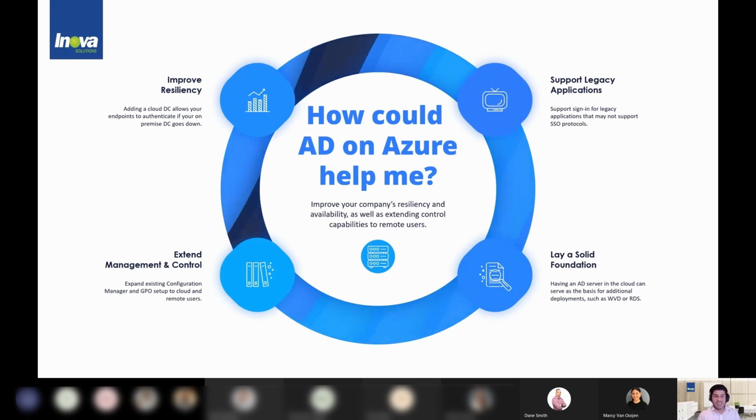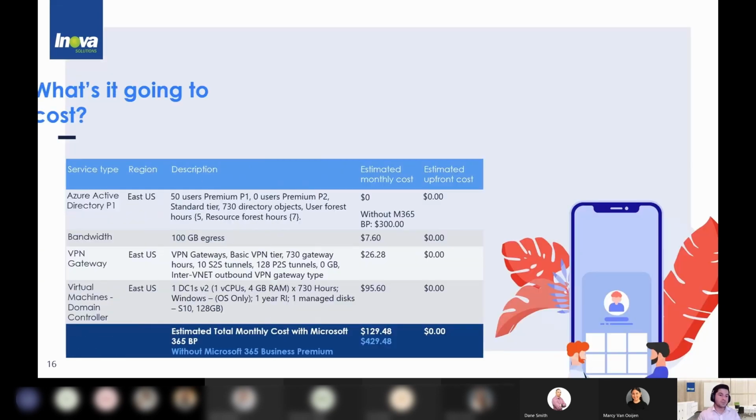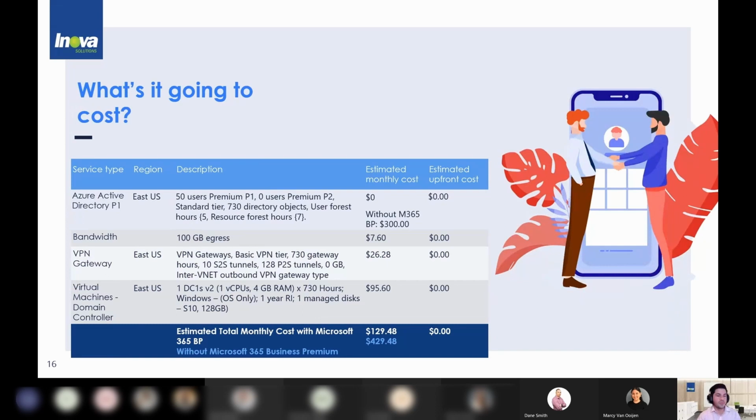Well, again, what's it going to cost me? Well, the price here is going to be a bit higher. We may want to keep that synchronization with Azure Active Directory, so we'll keep that first line there for Azure Active Directory. However, if we're going to deploy a domain controller to the cloud, we'll need 2 additional things. We'll need, of course, that server where the domain controller is going to be run. And these servers don't typically have to be large servers, so